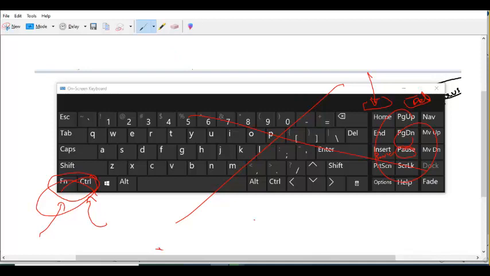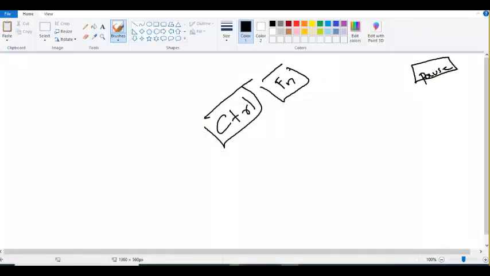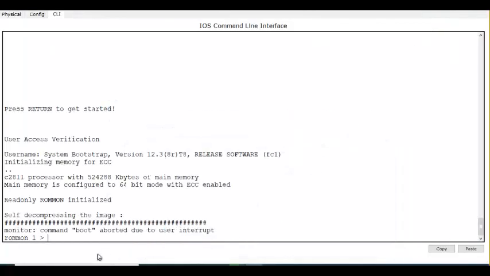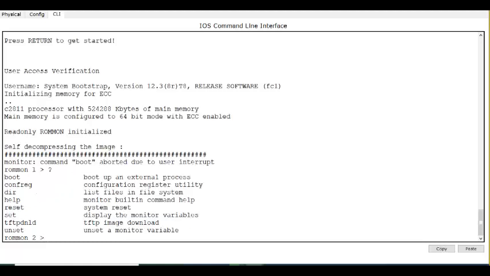When you do that, the booting will interrupt and you will enter into ROMMON mode. In ROMMON mode, what we need to do is reset the registry value. This is the command to change the registry value. What is the registry value? You remember I was telling you